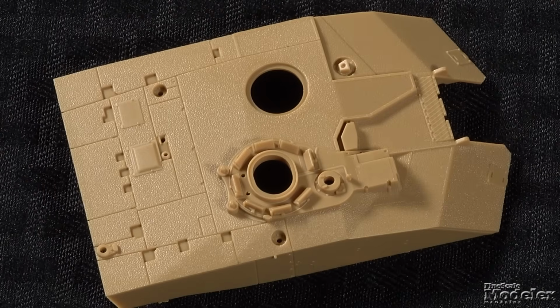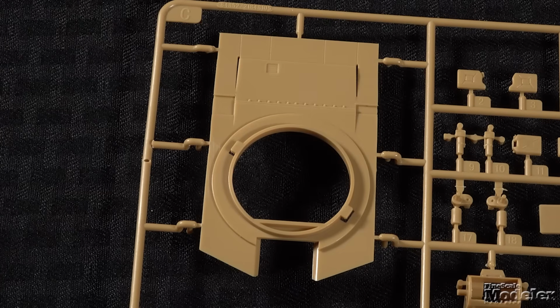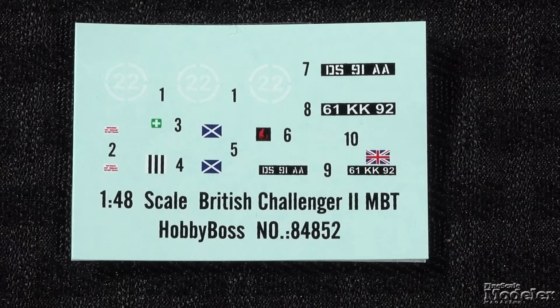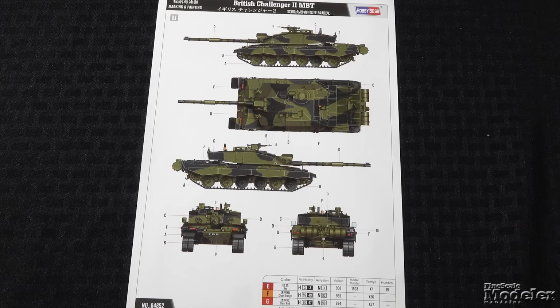Once the hull halves are together, we turn our attention to the turret. The commander's hatch, loader's hatch, gun mantlet, 120mm rifled gun, turret bottom, back wall, and machine gun finish off the build. A decal sheet provides markings for 2 camouflage versions, vehicle serial numbers DS91AA and 61KK92. HobbyBoss impresses once again with their newly tooled 1/48th scale armor kit, delivering exceptional detail, smart engineering,